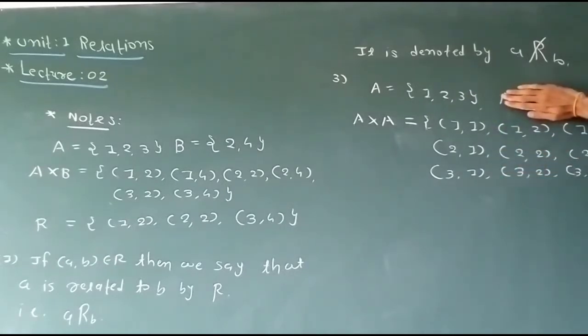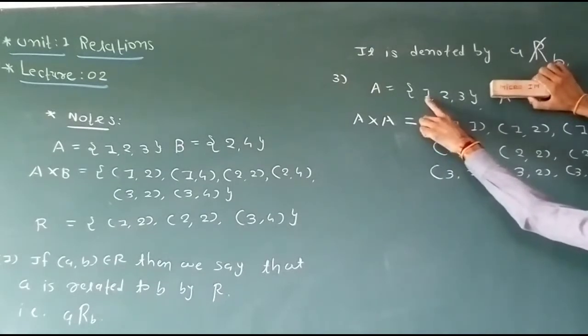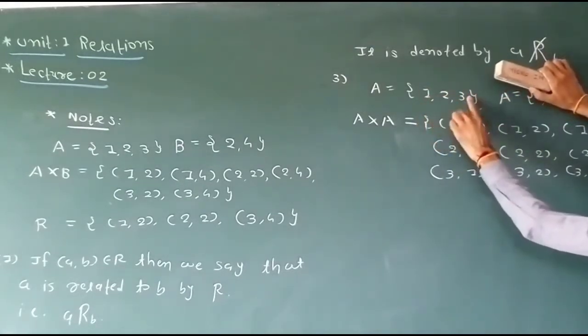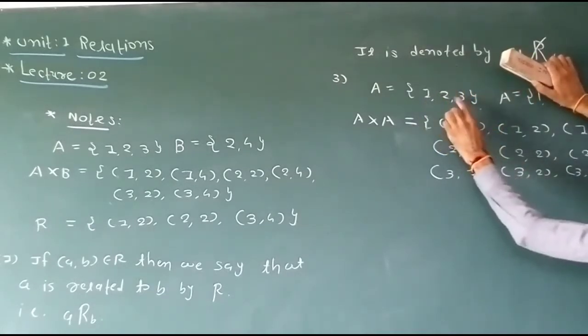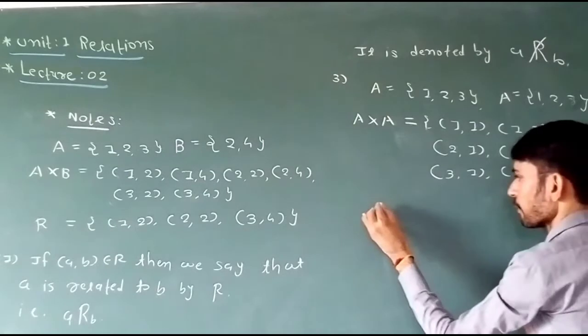So how to write the Cartesian product on set A itself? So start with this pair 1, 1, 1, 2, 1, 3। Next we write the pair 2, 1, 2, 2, 2, 3। Next we write the pair 3, 1, 3, 2 and 3, 3। તો આ રીતે મિત્રો Cartesian product on set A itself આપણે easily define કરી શકીએ છીએ।